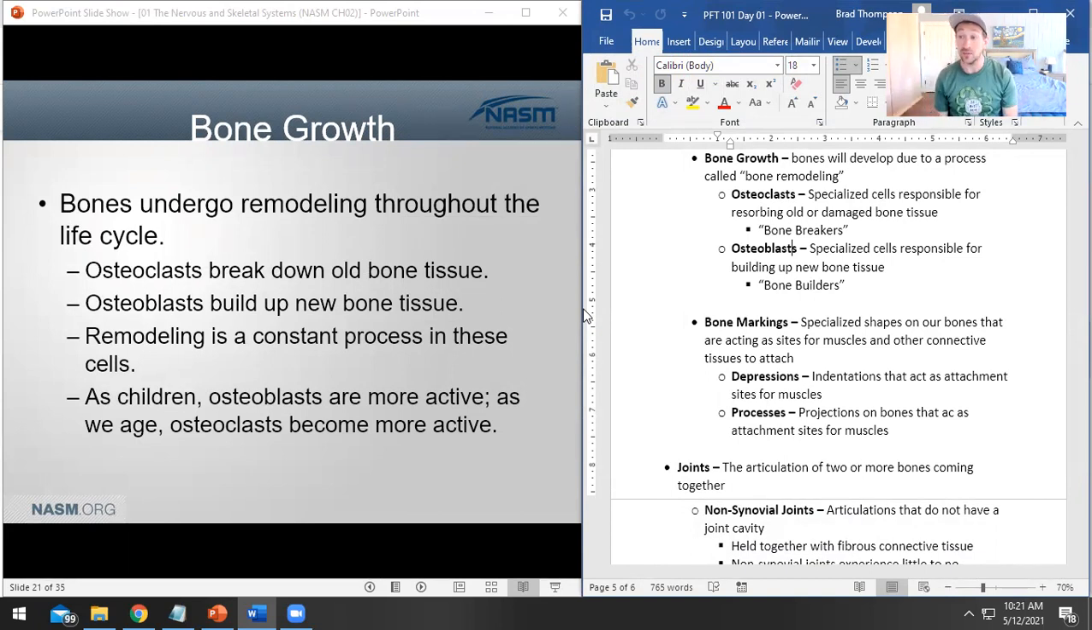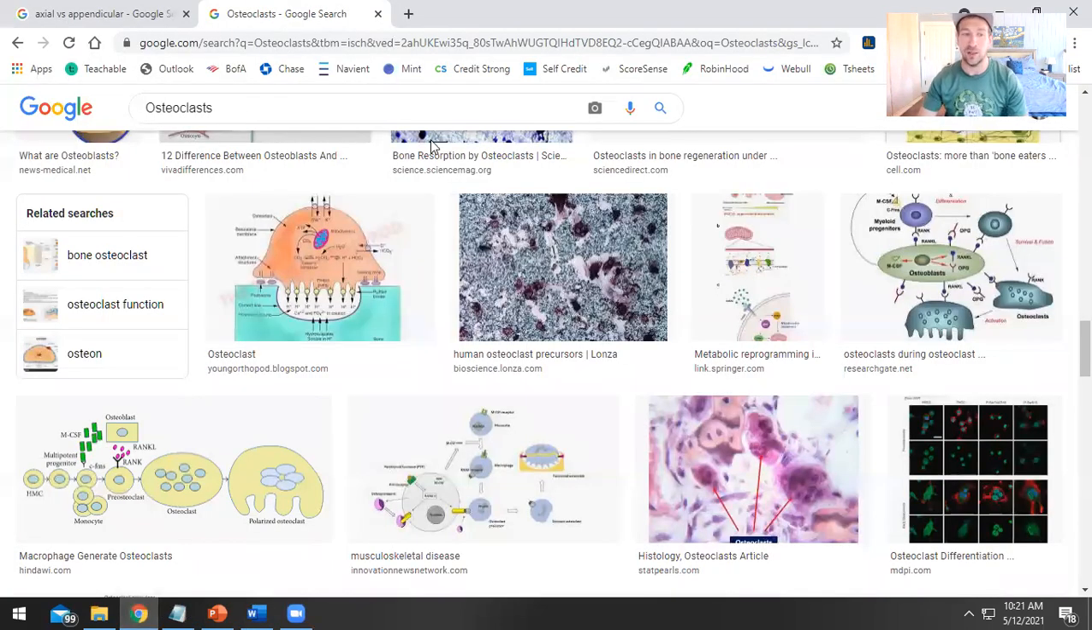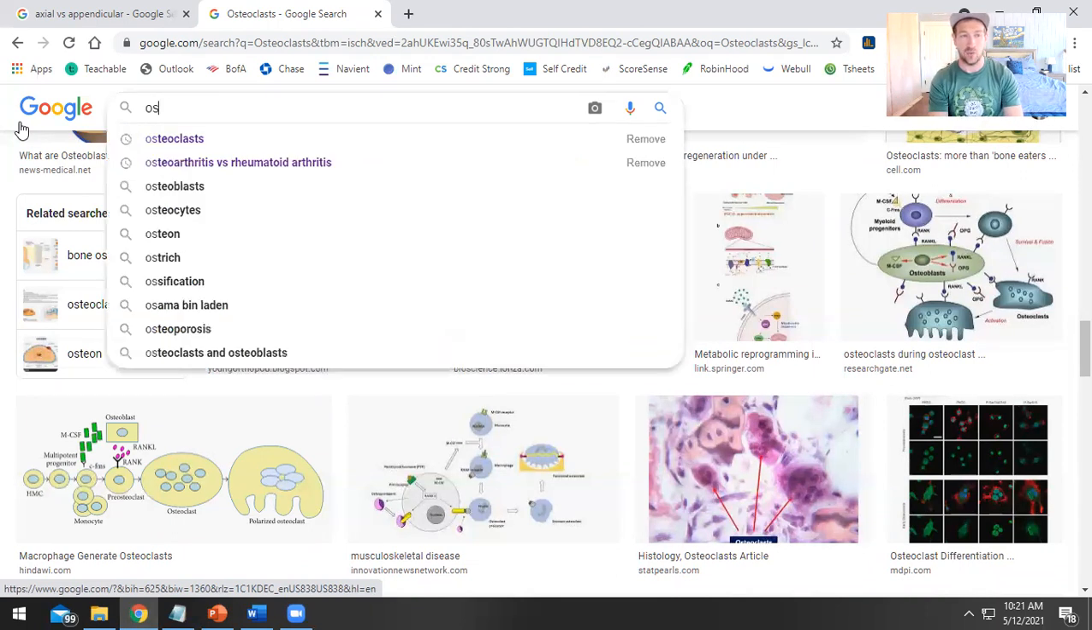So when we're young, our osteoblasts, our bone builders, are super active, but as we get older, our osteoclasts, our bone breakers, actually become more active. And this is why bone density issues are so commonly problems for women who are going through menopause, especially, but also just anybody in their early 70s. We see osteoporosis, which is,